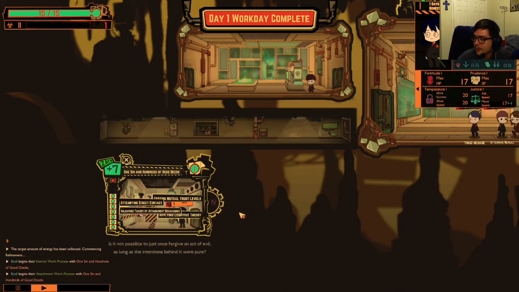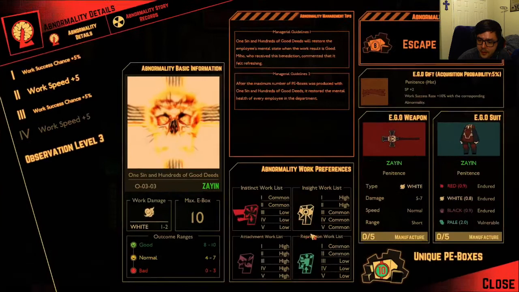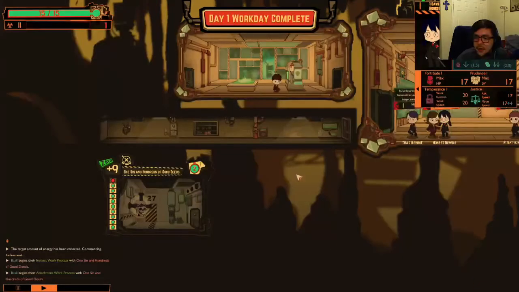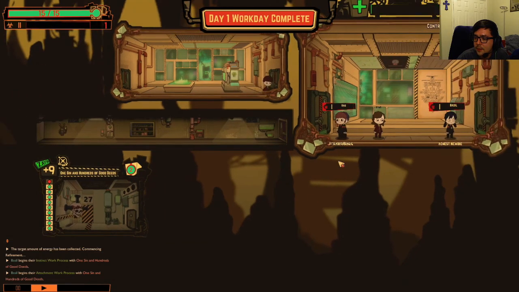Okay. Okay. Perfect. It liked that. It really liked that. It does not escape. Cool. So I think 15, 10. But I should really have